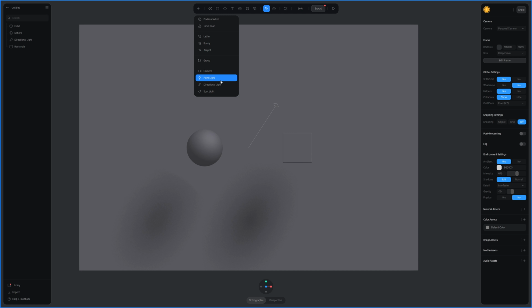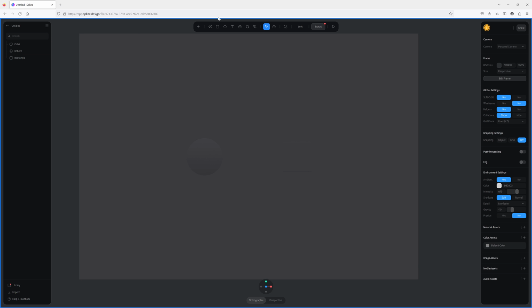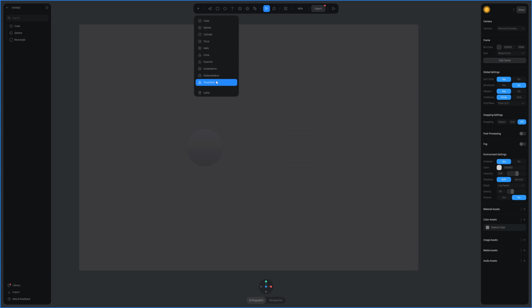And of course, each light contains both shared and unique properties. So let's explore them. We will start with directional light. Let me delete this directional light. Okay. And let's create a new one